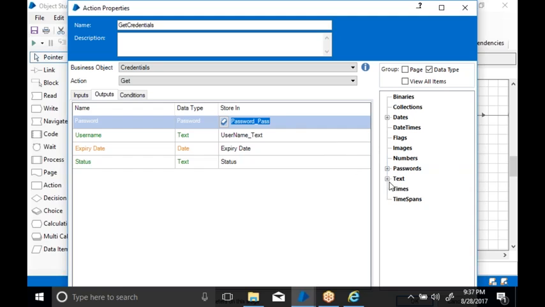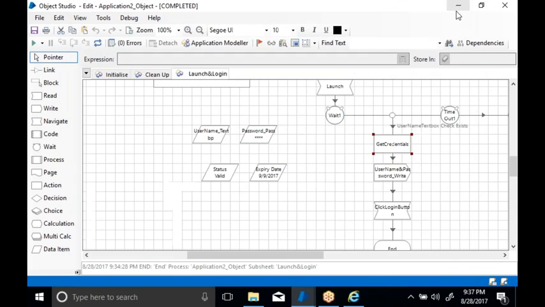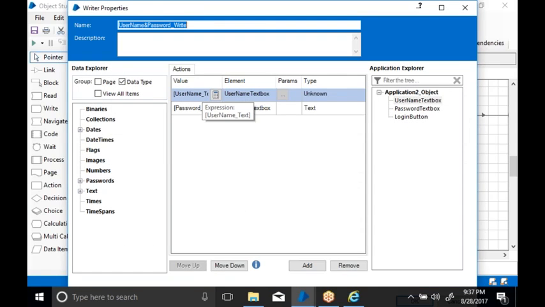I have data items called username and password. The result coming from the credentials is stored in those two data items, and I use those two data items in the write stage to write the username and password. Is it clear?